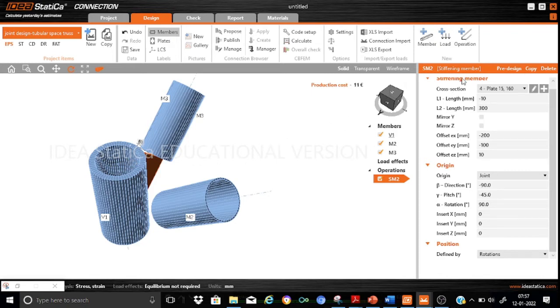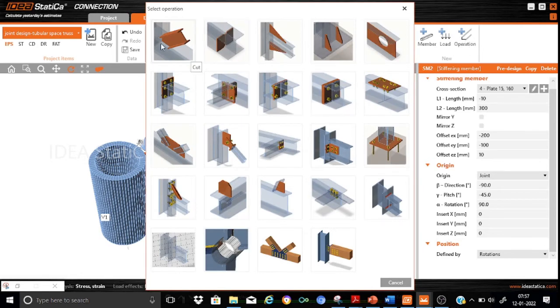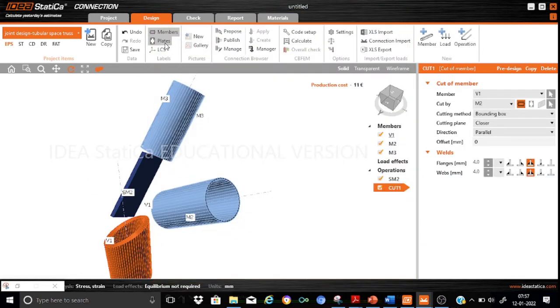So we'll add another manufacturing operation, that is a cut. So this is the cut one. Okay, so that's already done here. So we need to arrange the parameters. Let us, for example, rename it as cut2 because we are performing it on the member SM2. All this renaming is done for your convenience. So this is cut2, and obviously we know that cut2 needs to be performed on the member SM2, right? On the member SM2.